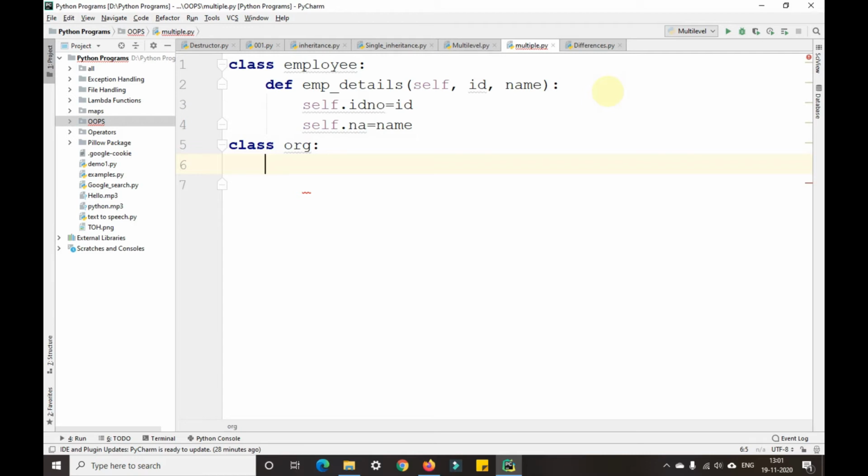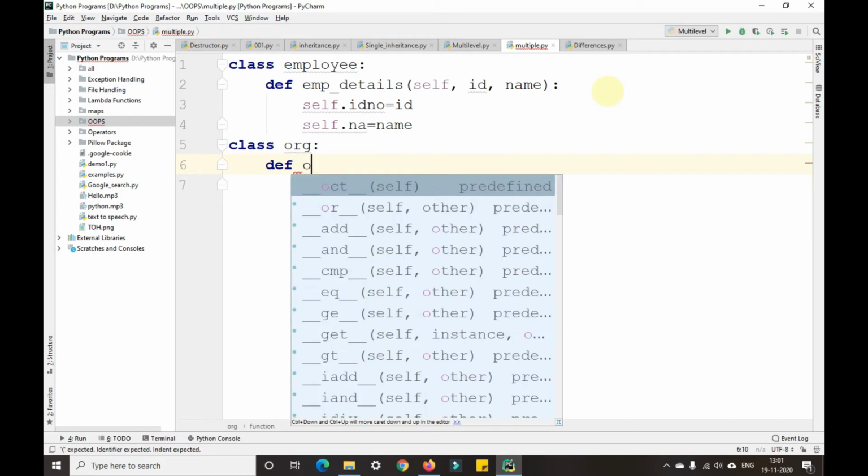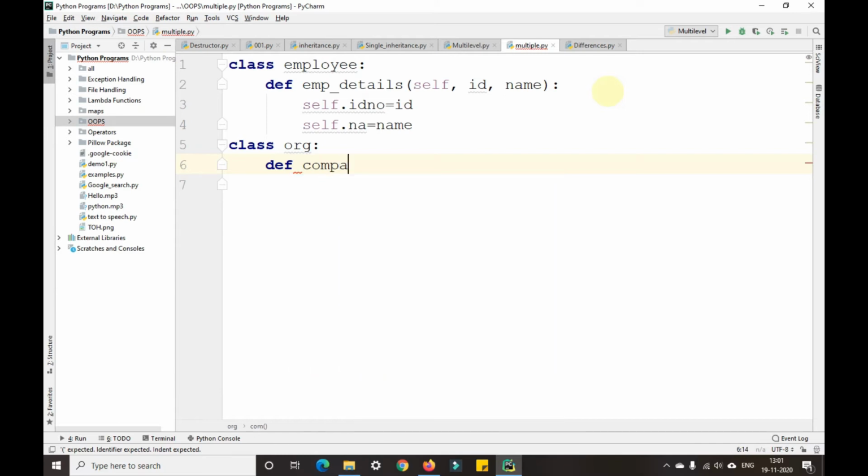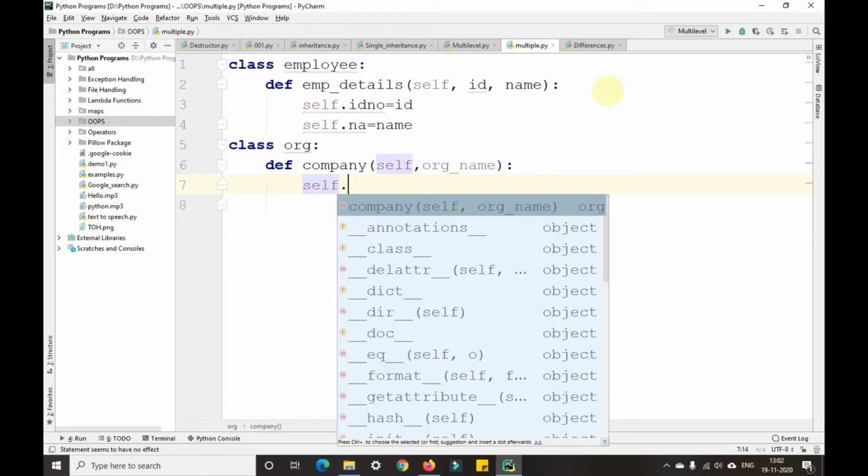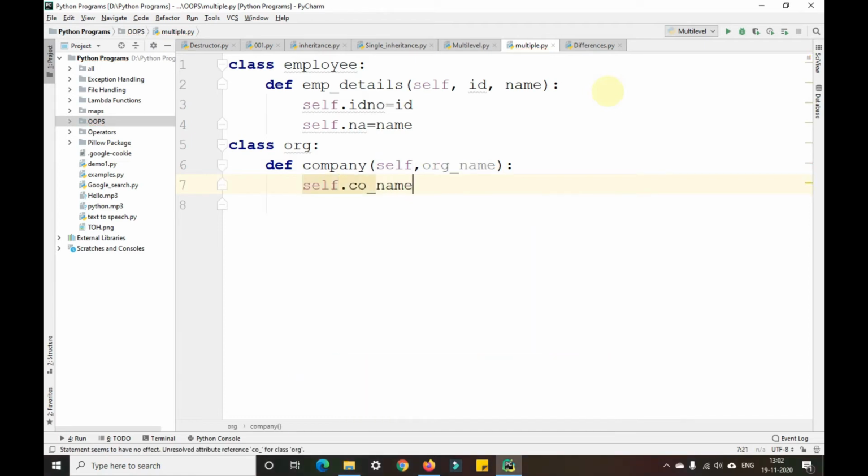So here we are not inheriting the employee details, we are just defining company, and here in the name we'll take a parameter called org_name, self.co_name equals organization name.